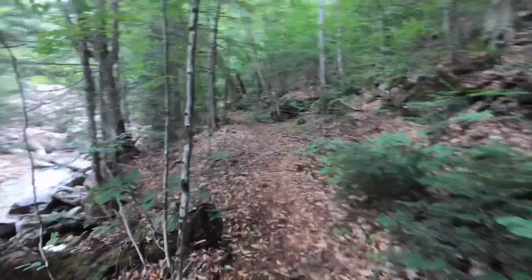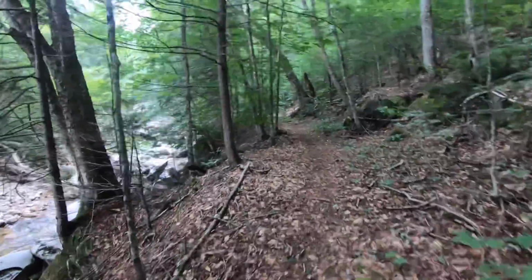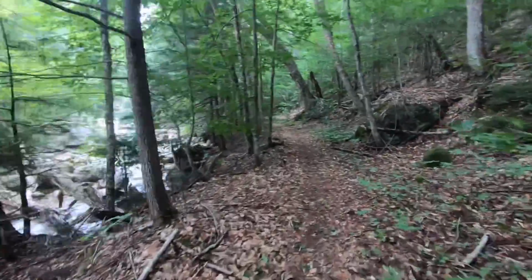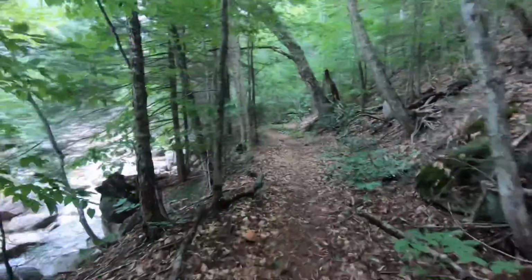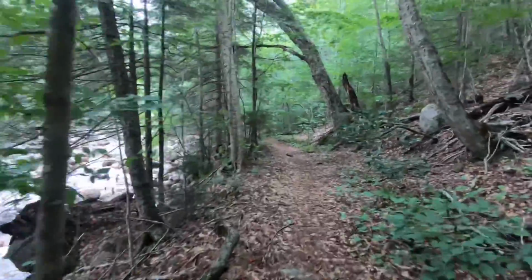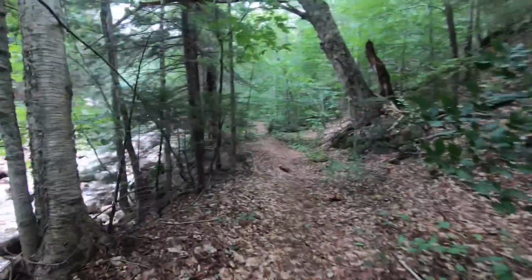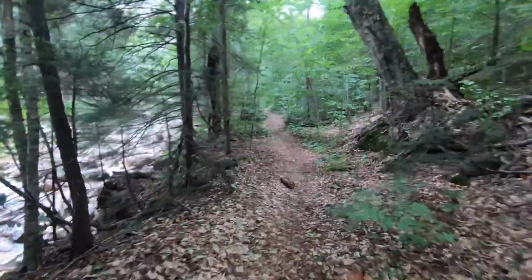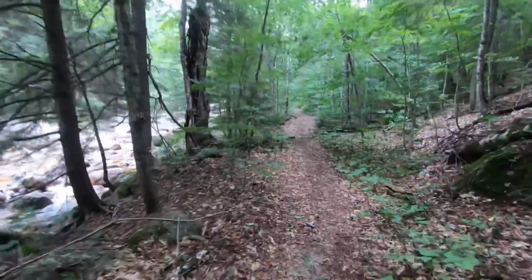So we're gonna go up. It was called Passaconaway Slide. So we're gonna go up that. It pops out at the viewpoint 0.3 miles from the summit of Mount Passaconaway. Then we're going to swing over to Whiteface, which doesn't have a view from the summit, and hang a right